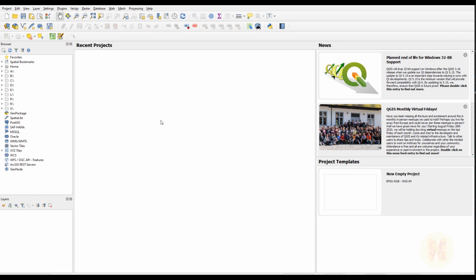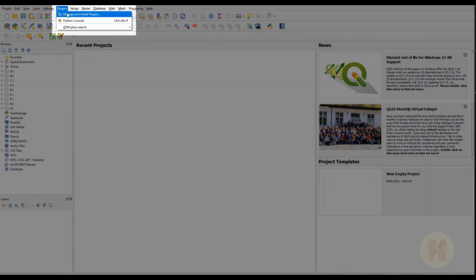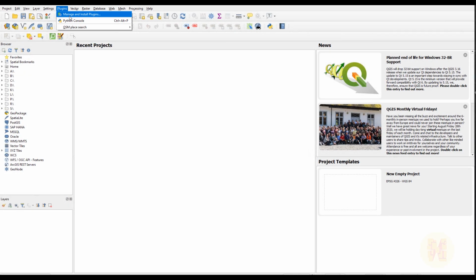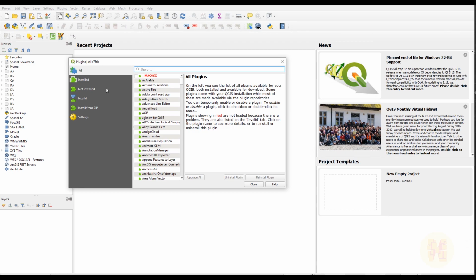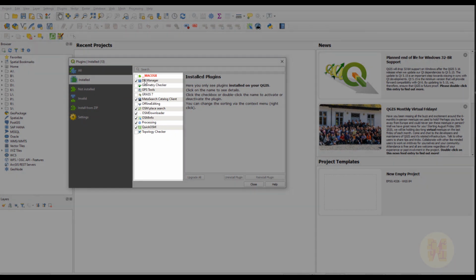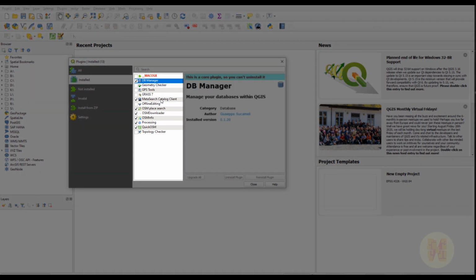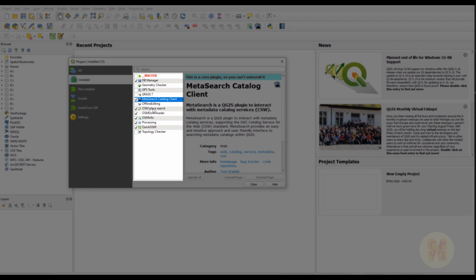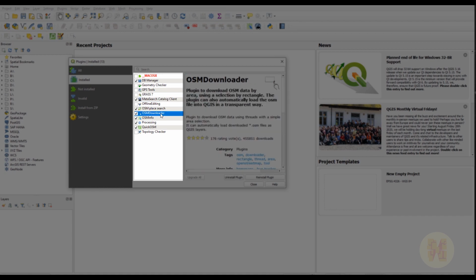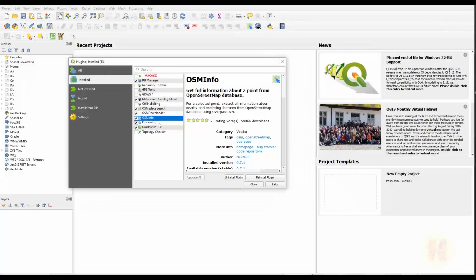How can we do that? Straight away go to the plugins. It's here. After that, Manage and Install Plugins. Just wait, hold on. I will straight away show you which plugins I already installed. You can see it here, like DB Manager, Meta Search, but we are interested in OSM Place Search, OSM Downloader,